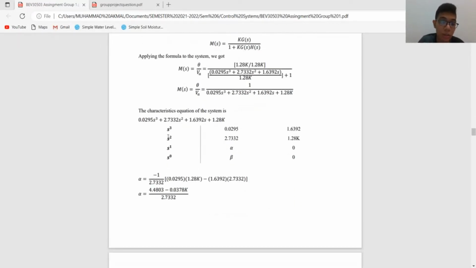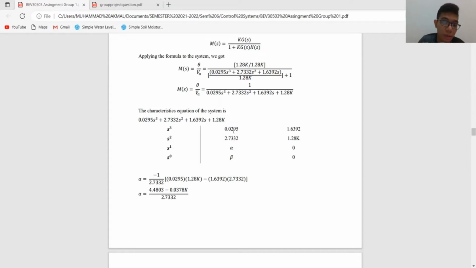Okay, so to find it, we must use the Routh-Hurwitz array first. See, this is the array that I have arranged. So S power of 3: 0.0295, 1.6392; S squared: we have 2.7332 and 1.28K. For S power of 1, we got alpha over here and 0; S power of 0, beta and 0 over here. Okay, to find the alpha, firstly we must use the formula negative 1 over A0